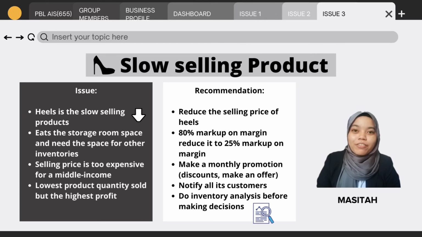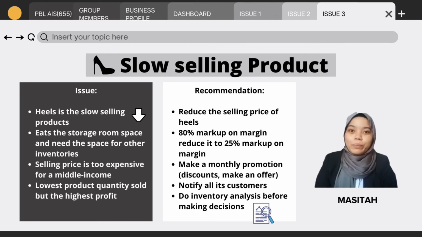Since the markup of the heels is 80% markup on margin, All About Fit should reduce it to 25% markup on margin. This action would attract people with a lower range of income to buy the product as it is affordable for them, especially those young adults. In addition to that, if the company refused to reduce the selling price of the product because it lowers the markup,